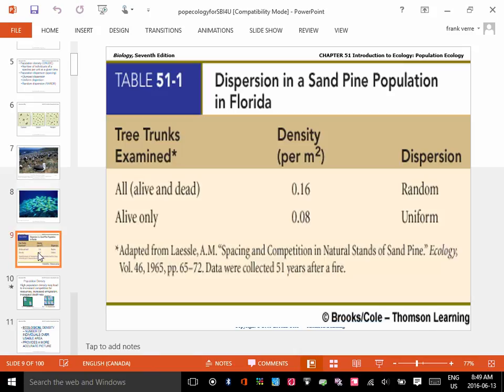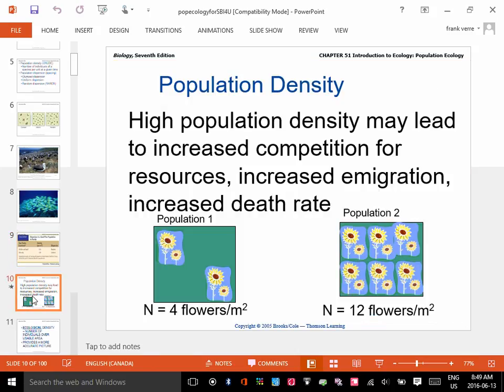Okay, so tomorrow we're going to look at some math. We're going to look at how ecologists might figure out how big a population is, right? So we'll talk about that tomorrow. We'll look at it conceptually today, but tomorrow we'll talk about the math, things like how do you calculate population density?